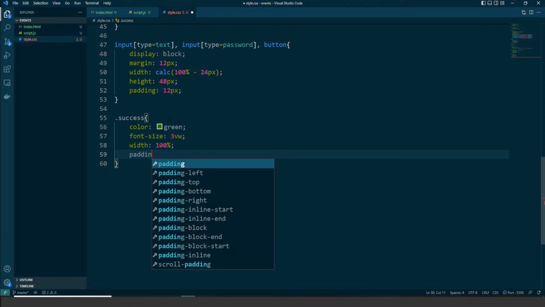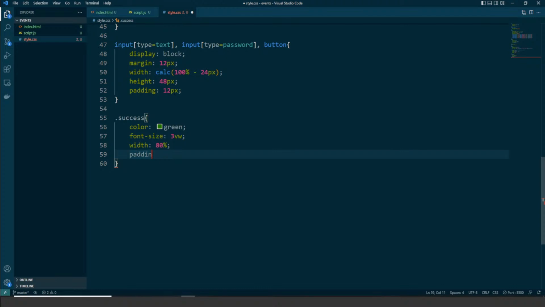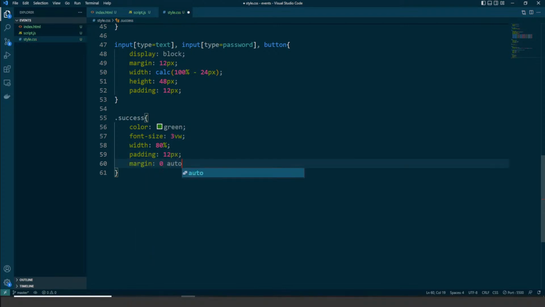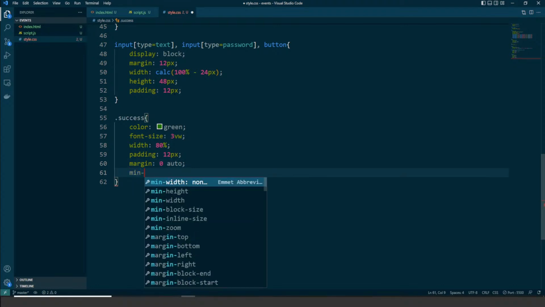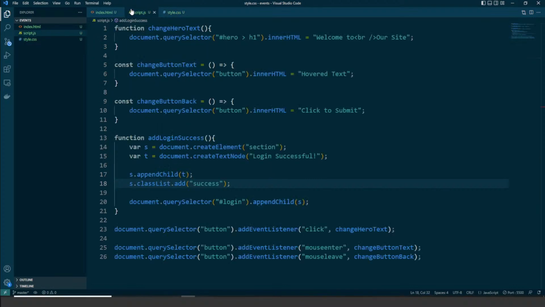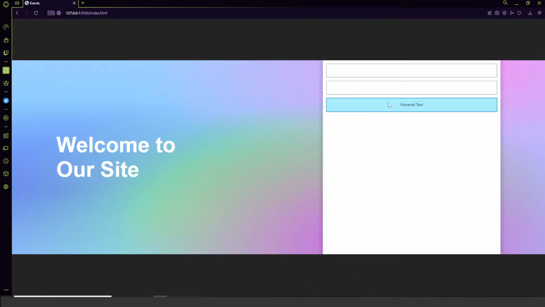And I don't think I want it to be 100%. I want it to be like 80%. Padding 12 pixels, margin 0 auto, min height. Or you know what I'll do? I'll do aspect ratio 1:1. Right, so now when we get that,